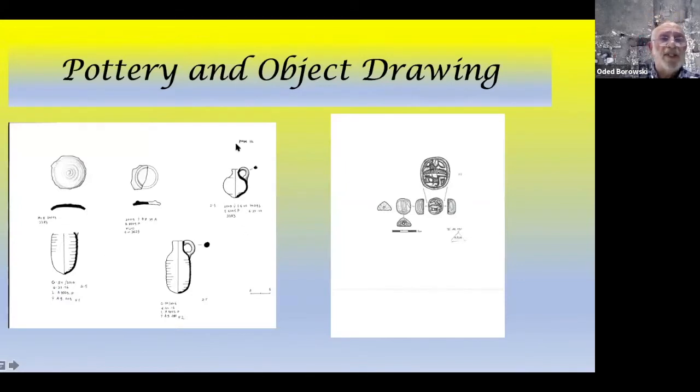Now you can see here, this is an example of some of the vessels that were reconstructed, and this gives you an idea what a drawing of archaeological finds looks like. Here is one of the finds, which is a seal that was found in that house that I showed you before. I was told by an expert that this seal probably came from northern Israel. And this is an important